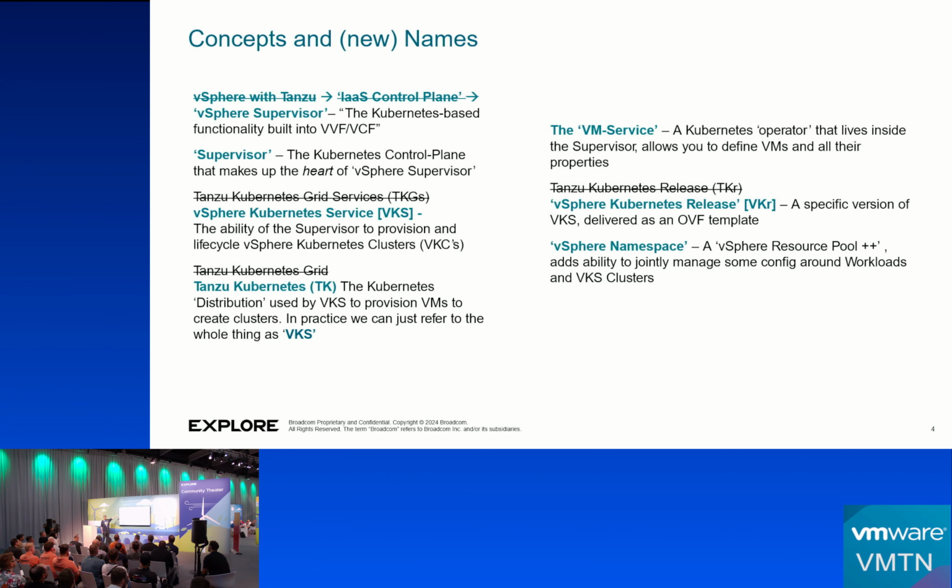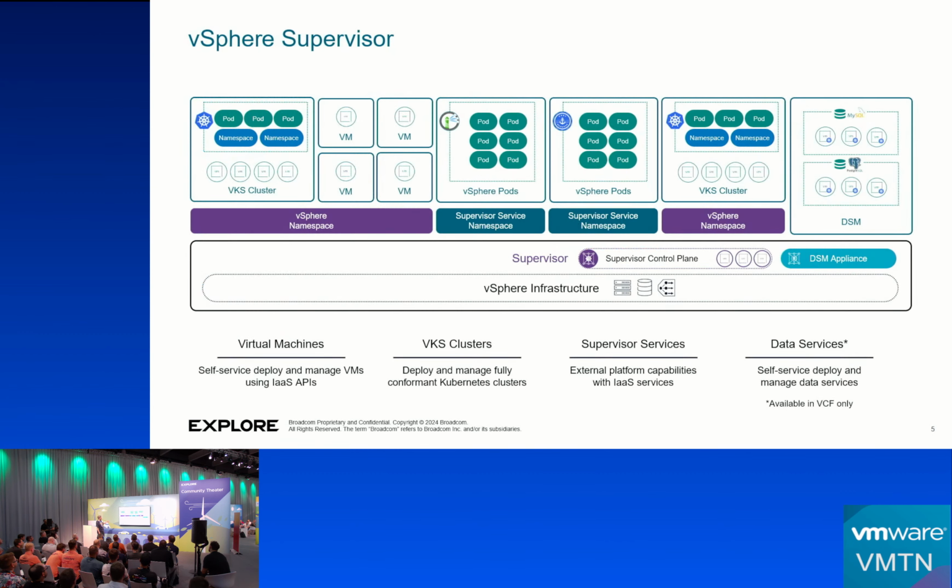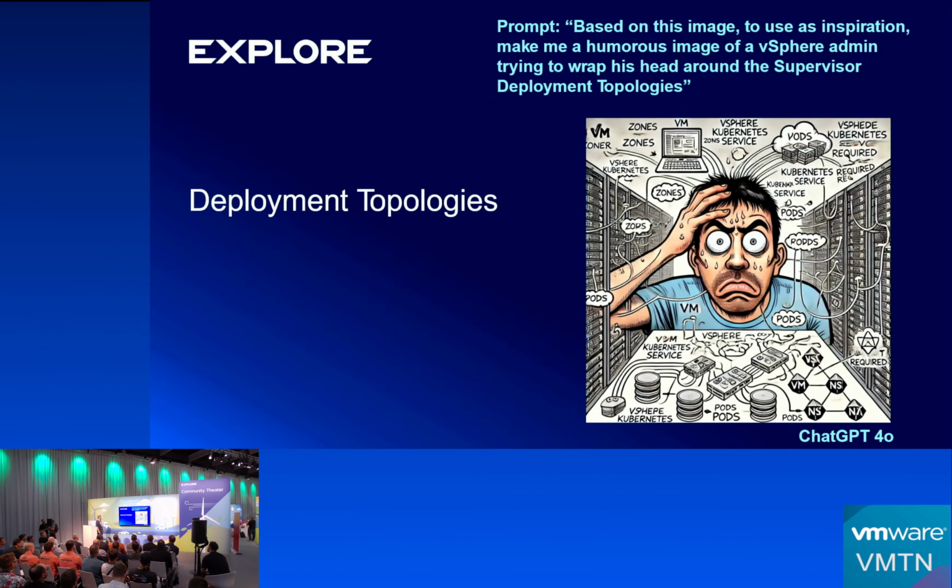Tanzu Kubernetes service, the thing, Supervisor does a bunch of things, right? But one of the things it does, it makes clusters. We call that VKS. It also runs, you can just feed it YAML to make a VM, the VM service. And you can even run pods directly on ESX, kind of, which we still call vSphere pods, but no one uses that, so don't worry about it. This is the slide that went with the sentence I just said, because it does more than just clusters. But for most purposes, we'll just be doing clusters, right?